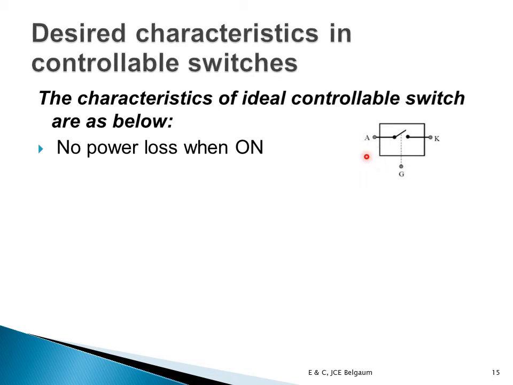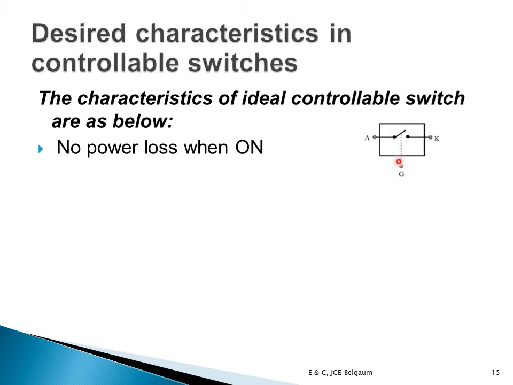All this input voltage has to come at the output. That is possible only if the resistance is zero. So we don't want any power to be consumed by the switch, so that whatever is at the input will come 100% at the output, and if there is a drop here, that will be considered a loss. Okay, so no power loss.